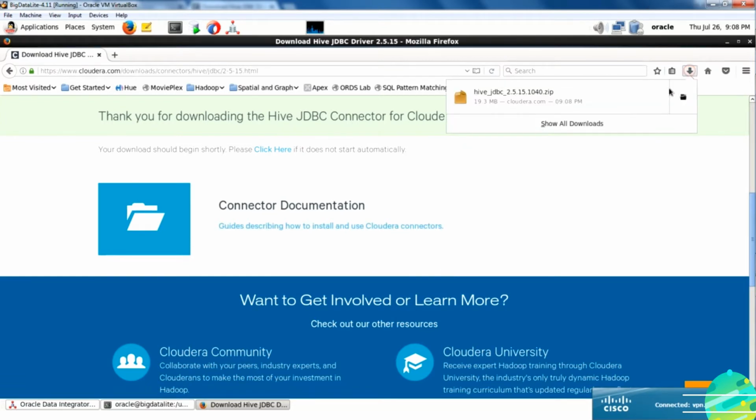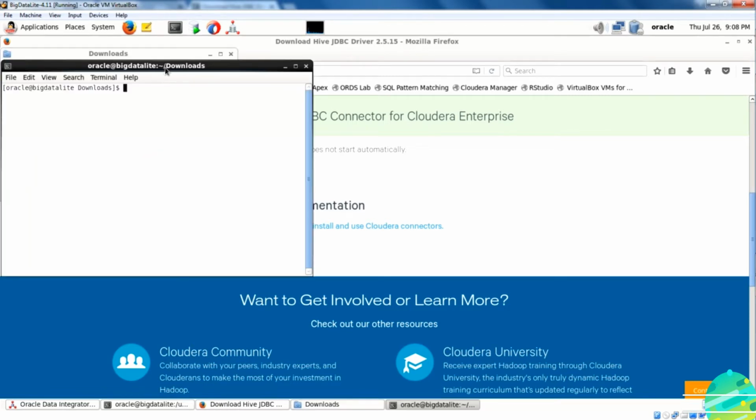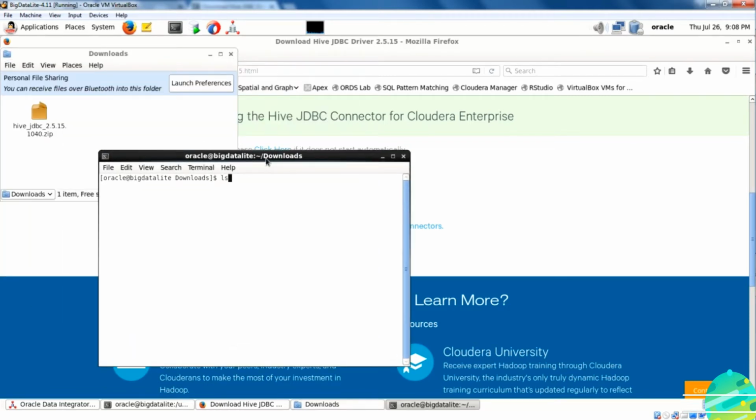Once the download is finished, open it in a terminal. You don't have to do that, but I normally copy all the downloads to a miscellaneous folder in U01.